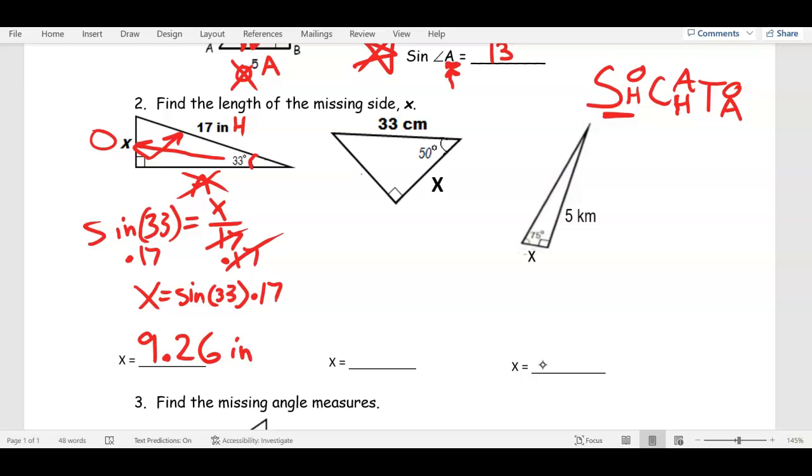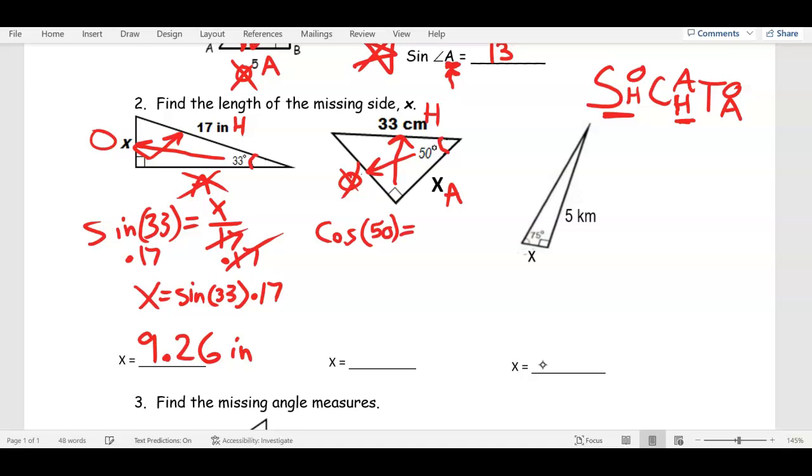All right, next one. Starting at the angle, 50 degrees, I'm going to label O, H, and A. So I got O, H, and A. O is missing. Can you cross that one out? So A and H is going to be right here. Okay, so that's going to be cosine. So I'm going to put cosine and the angle, 50,